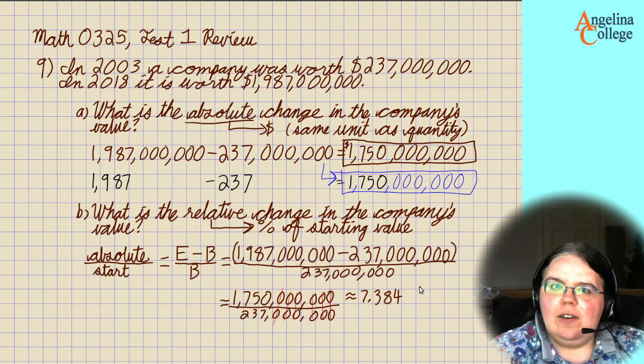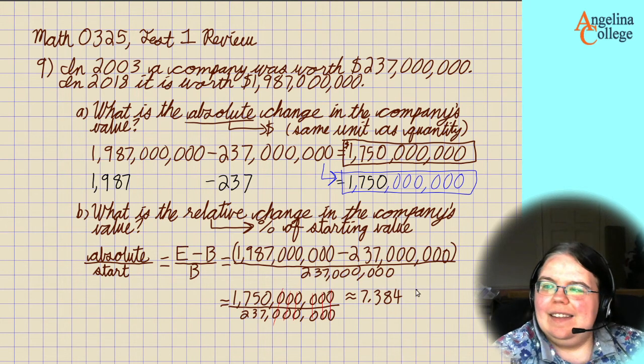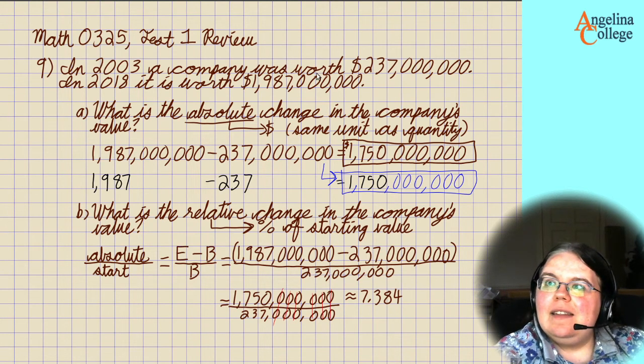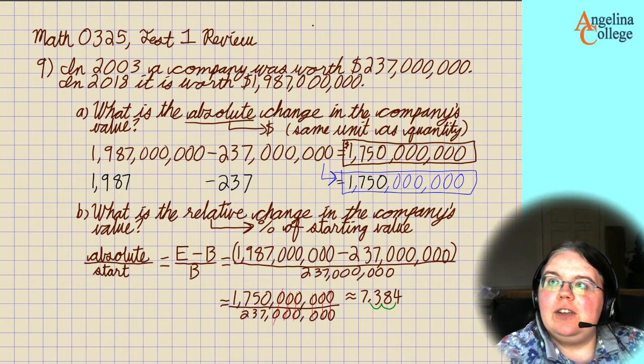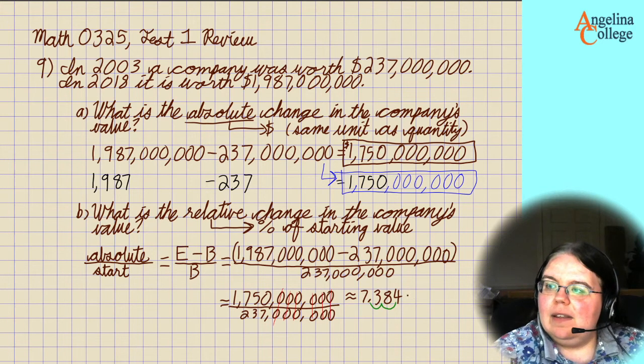And that's hard to think about as a percent, because we need to move that decimal point two places, which you can also accomplish by punching in on your calculator times 100. What we get is